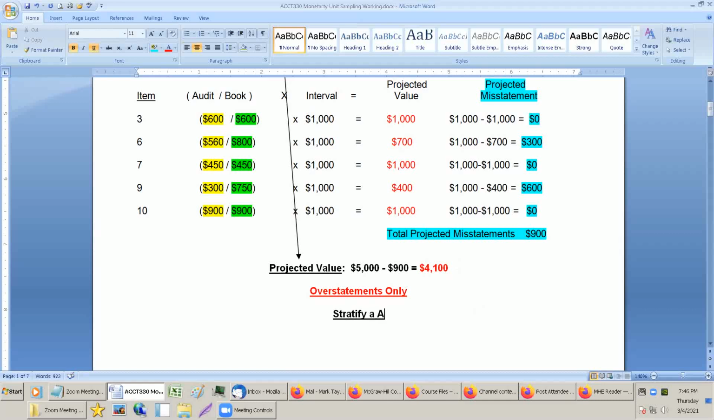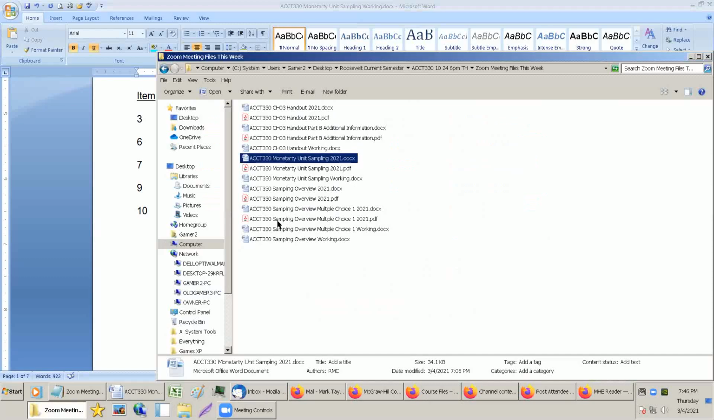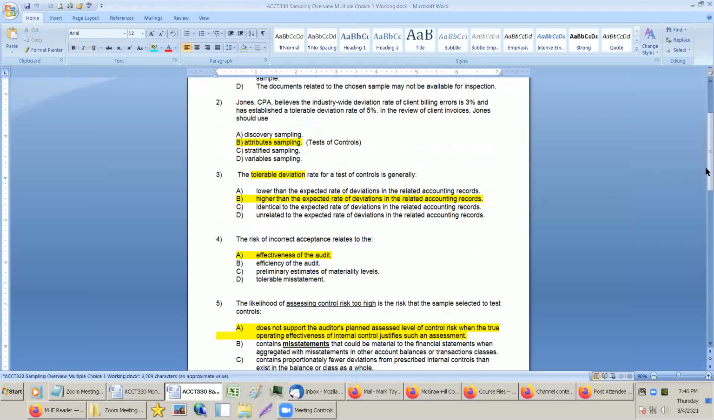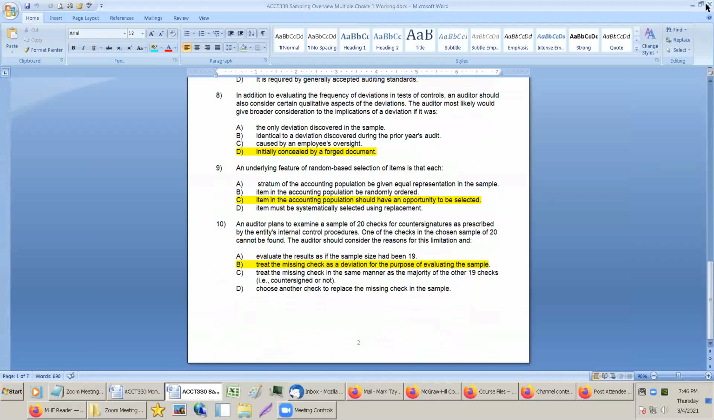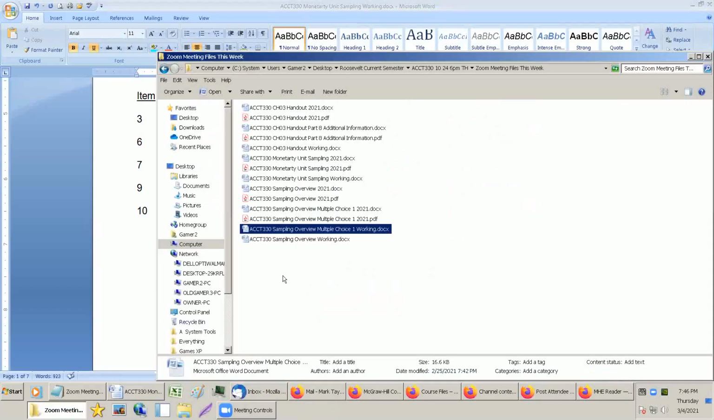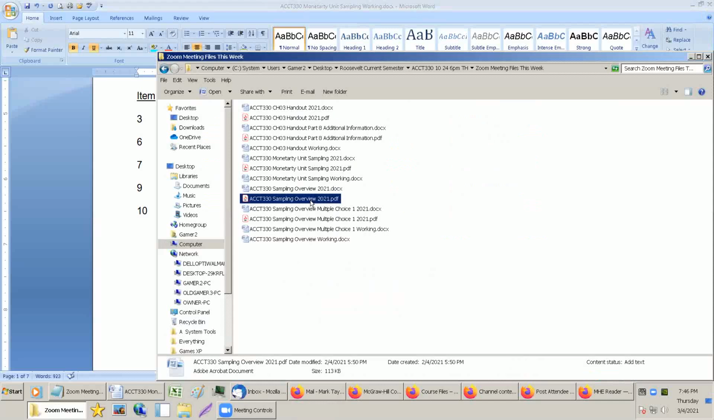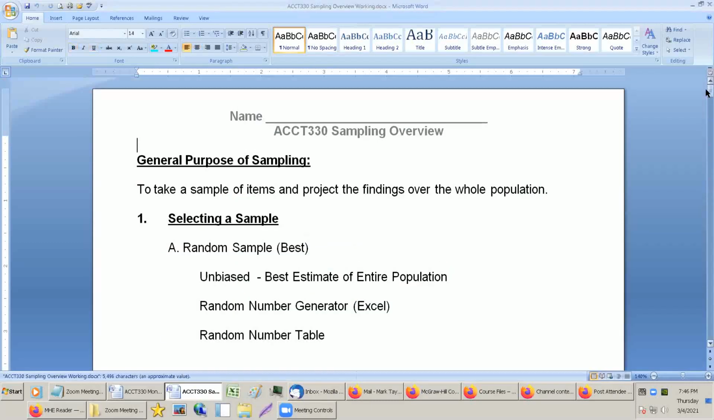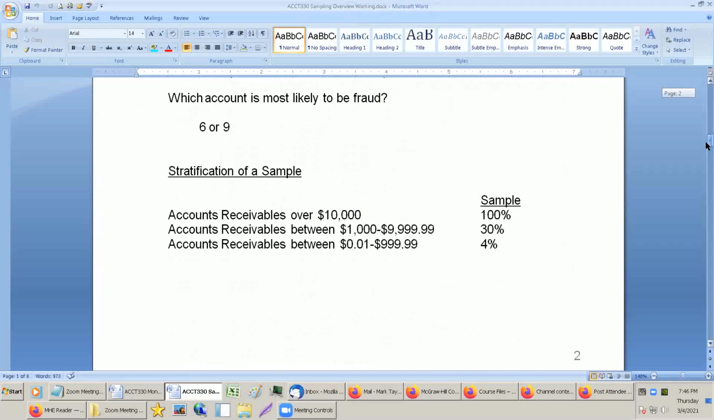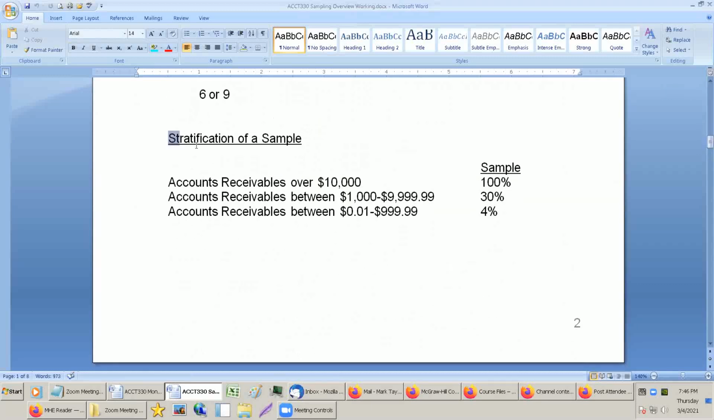Okay. I can't remember, I think it's in the one we did, sampling overview. Hopefully it's spelled correctly. Somewhere, maybe not. Oh wait, that's multiple choice questions. That's not what I want. I don't know what I did. Oh, here it is. I think I gave an example of it on